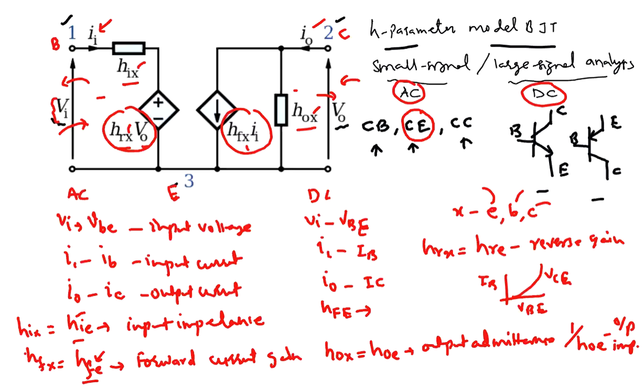Now, when you see in the data sheet a small letter h, and F and E in capital letters, that is the DC gain of the BJT. You can also represent that by the letter beta. So the beta indicates that gain, beta DC or simply beta, that is simply the DC gain of the transistor, which is often found in the data sheet. Okay, so